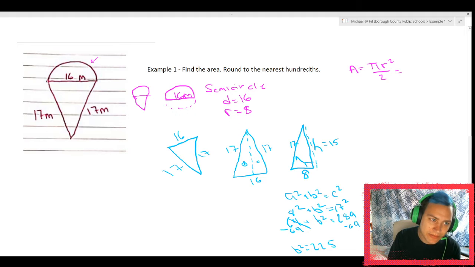It would be if this came down and actually made a full circle down here, but it doesn't. It's just half, so we cut it in half. Okay, so we plug in what we have. We said the radius had to be 8. So with pi 8 squared divided by 2, you cannot divide the 8 by 2 first. You have to make sure you do the top first. So do 8 squared times pi, and then divide by 2. And if you did that, you would get